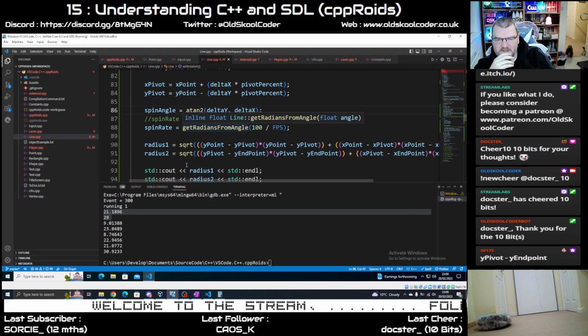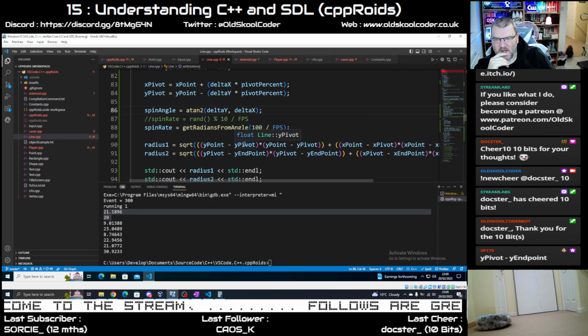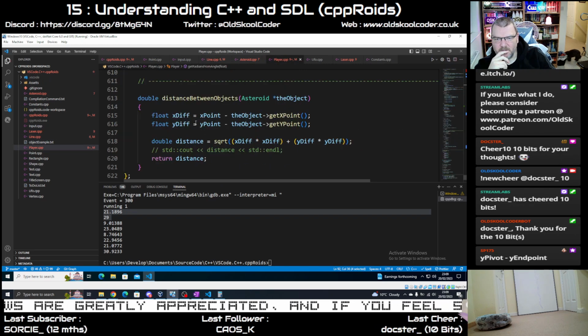So we're doing the difference between y point and y pivot, x point and x pivot, and then Y pivot to endpoint, X pivot to endpoint. I think that's what I was screwing up. Because I'm just looking here. We're testing our point with the